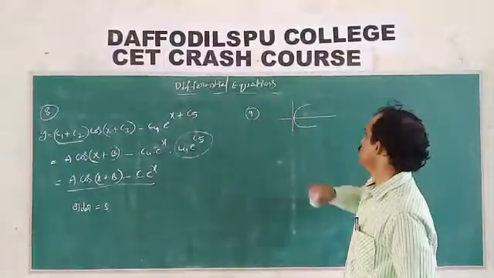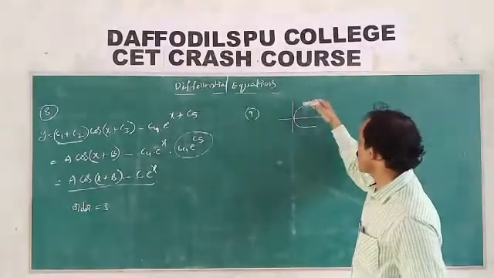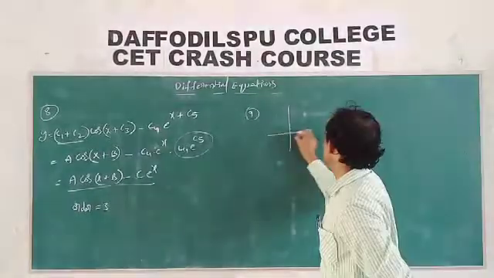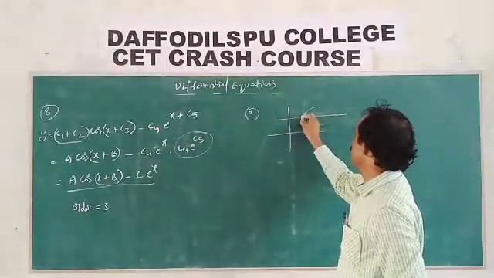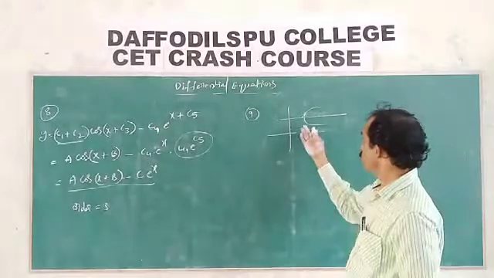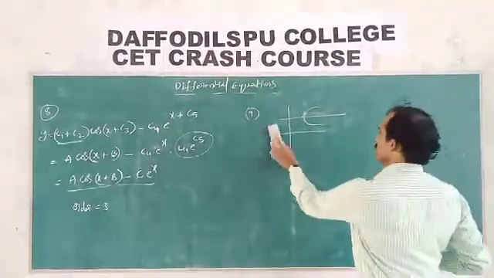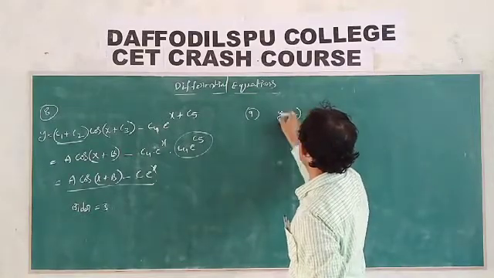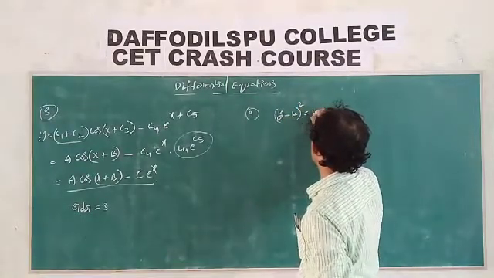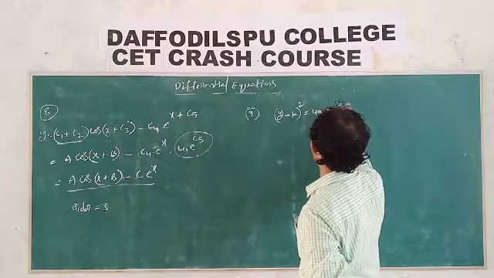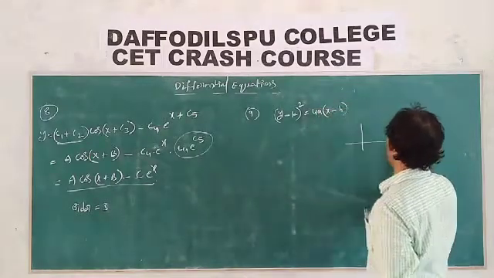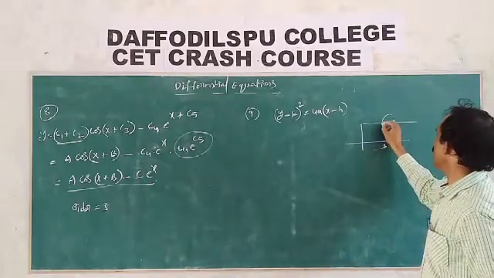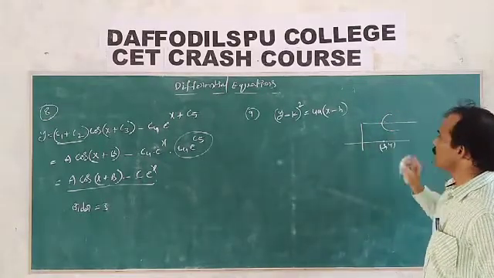This is nothing but a parabola. Not like this. Parallel to x-axis, anywhere. So like this, here is the parabola. So the vertex will change. Vertex will change means the y coordinate and x coordinate also change. Therefore, y minus k whole square equals 4a times x minus h. Understand friends? Suppose here is the parabola. Suppose this point is 3 and this is 4.